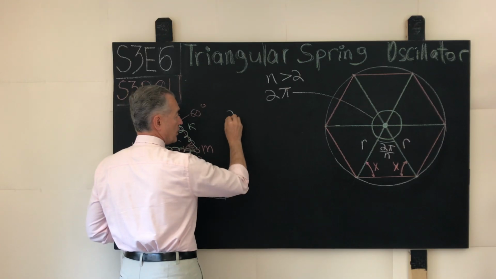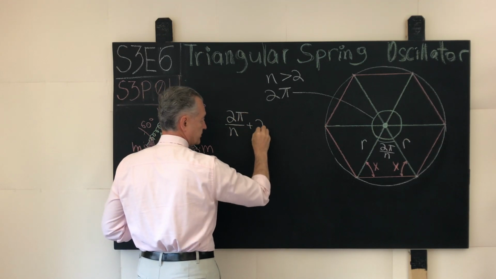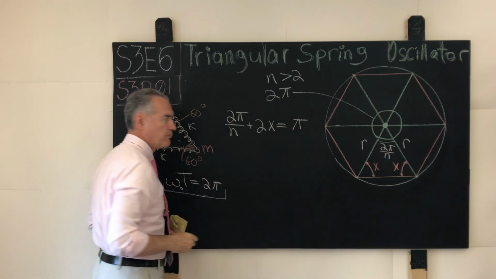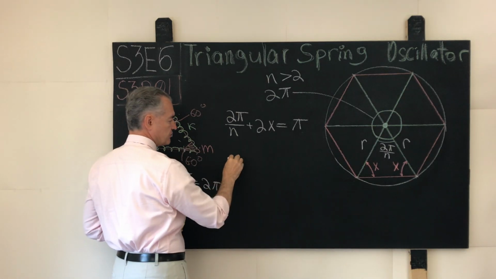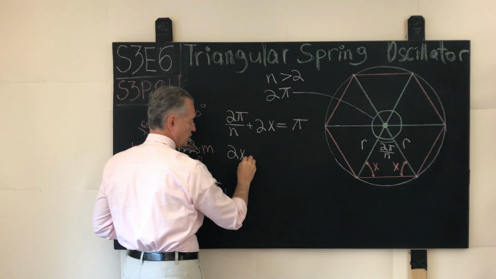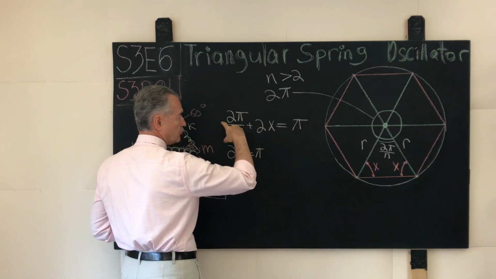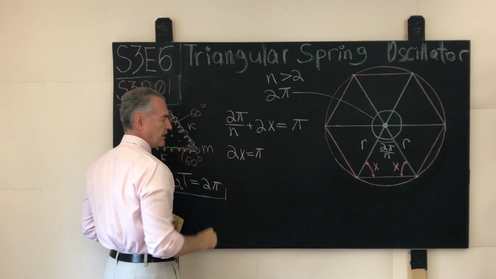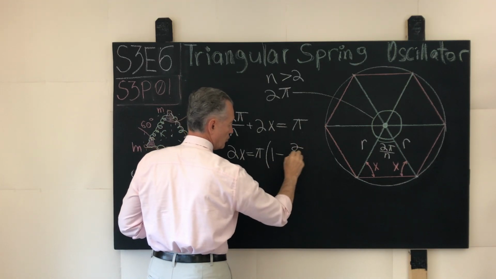We will have 2 pi over n plus 2x sum to pi radians. And solving this equation for x, what do we have? We have 2x equal to pi. We can move 2 pi over n to the right hand side of this equal sign, factor pi out, and we'll have 1 minus 2 over n,